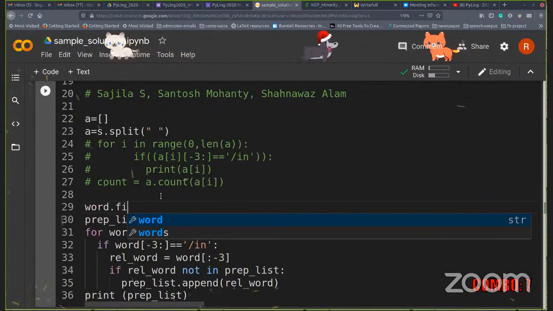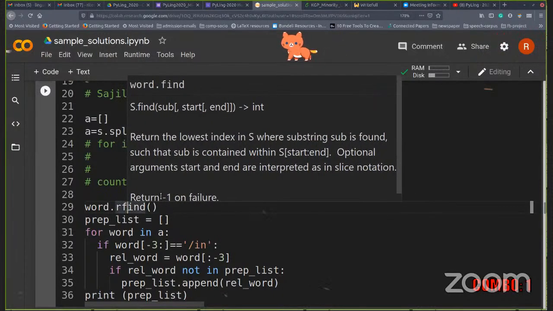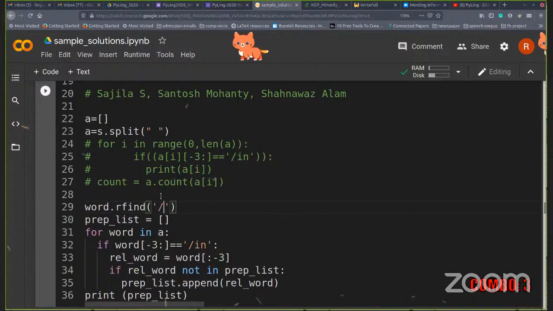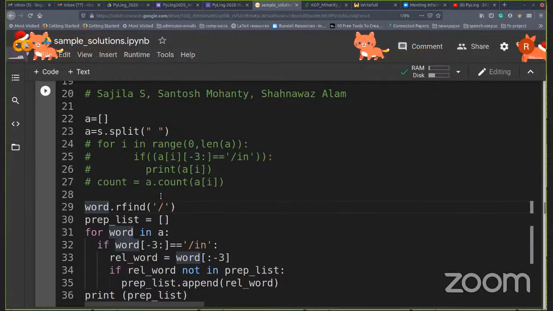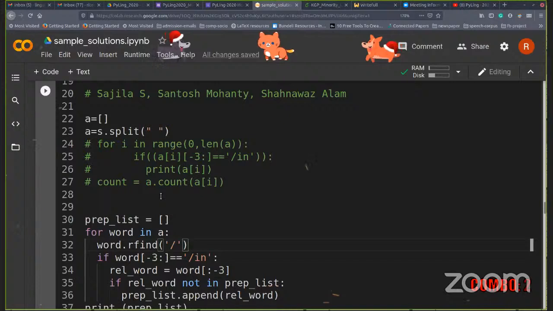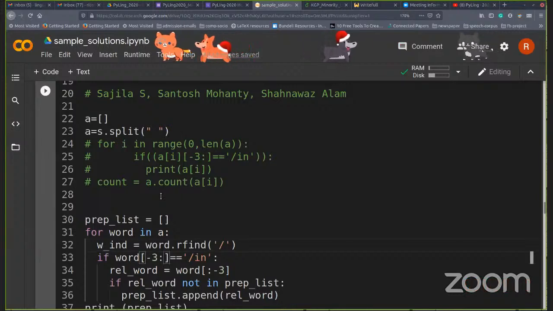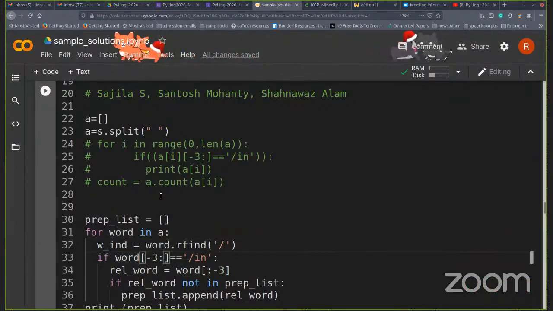So you do a find and rfind. So rfind will count from the end. So you do a word.rfind slash, wherever you find slash, right? So that's the index of slash in that word. So I'll just change this here itself. So word index is actually word.rfind slash, and wherever you find slash,